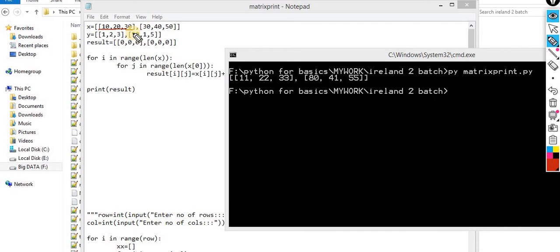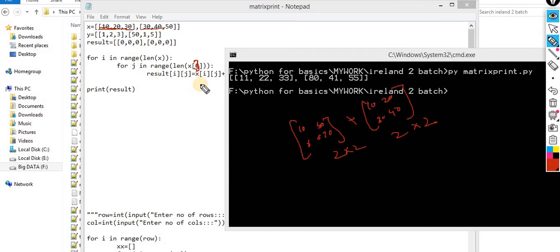As you said earlier, this should be the same, because we are performing matrix addition, and this should be the same: 10, 50, 60, 70. Okay, 10, 20, 30, 40. That means this is 2 by 2, this is 2 by 2. It doesn't matter whether you run the internal loop on this basis or this basis, or you can pass over here 3, the column value.